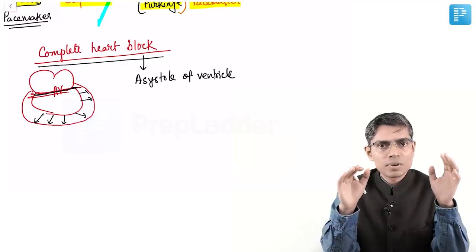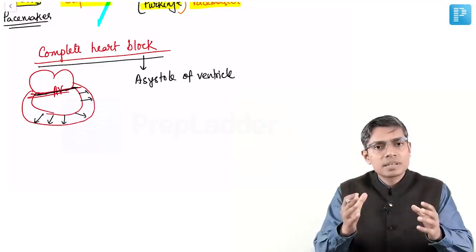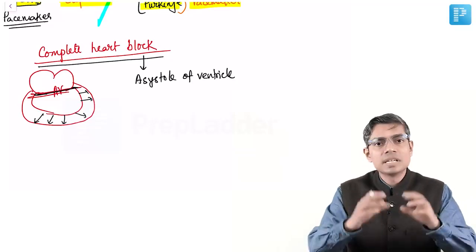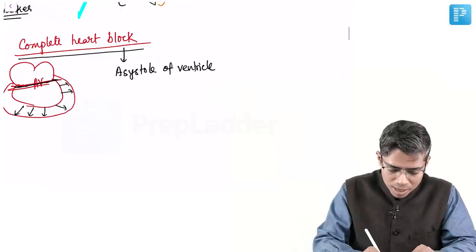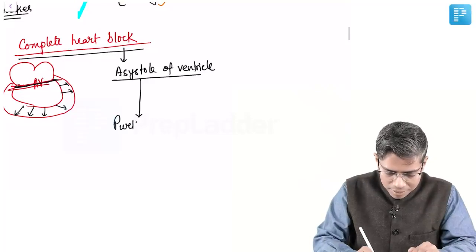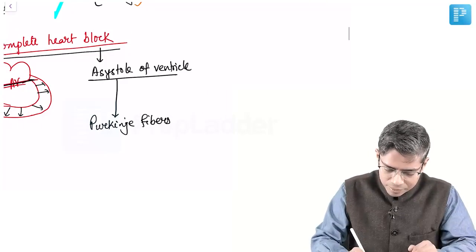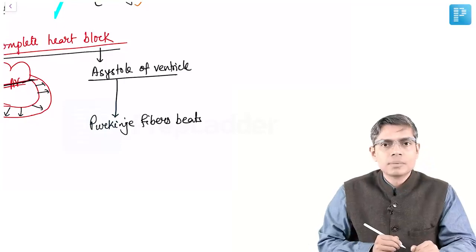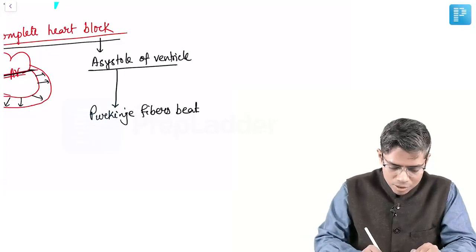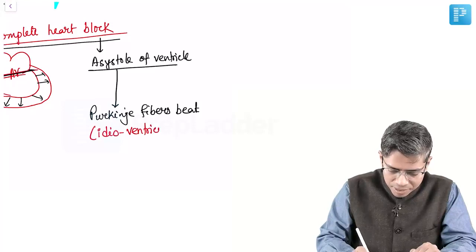So whenever there is a complete heart block, suddenly the Purkinje fiber will think for a certain point of time that it will wait, that the impulse is coming, but whenever the impulse is not coming, then the Purkinje fiber will take some measure to reactivate the heart rate once again. So after a period of asystole, what will happen? The Purkinje fibers will start beating, right? So this Purkinje fiber beat, which is produced in case of complete heart block, is known as